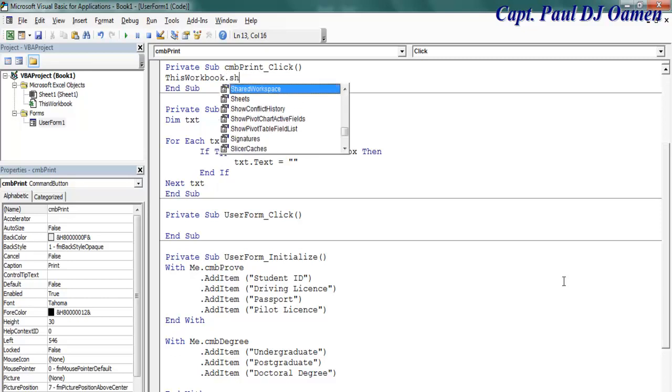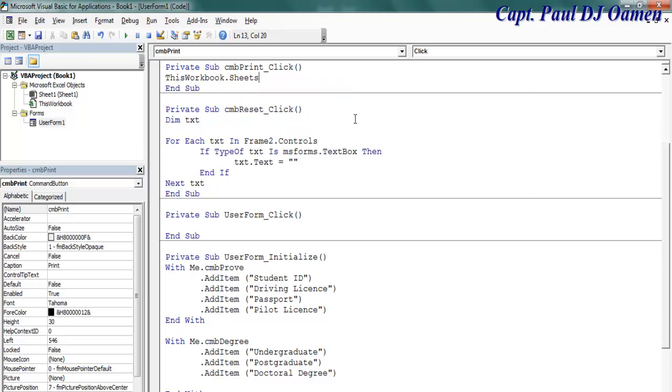dot sheets there, and the sheet that I'm referring to is going to be my sheet number 1. Sheet number 1, close that dot. That's going to be print out. I'm just going to ask it to print out 1 copy equals 1. Now, just this single line alone, we actually print something out, but I would like it